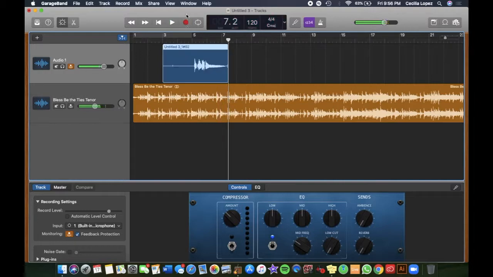Okay. This looks like a good gain, which is, I guess, the amount of power, or the amount of volume, sort of, that it's picking up. And I don't want it to be so loud that this gets cut off. Like, for example, this controls the recording level. So if this is way up here and I start singing,